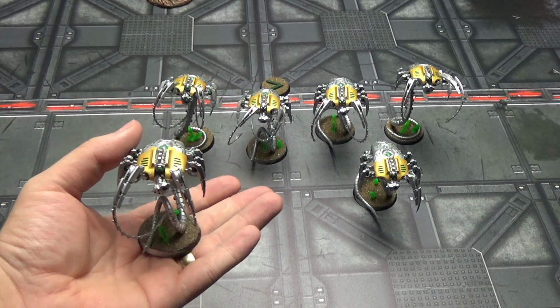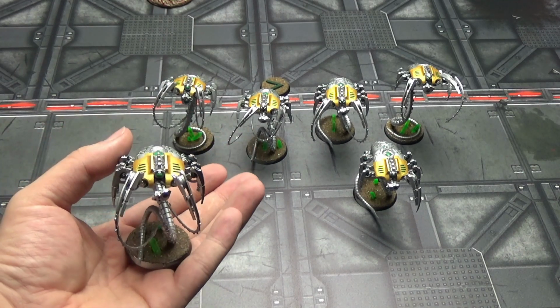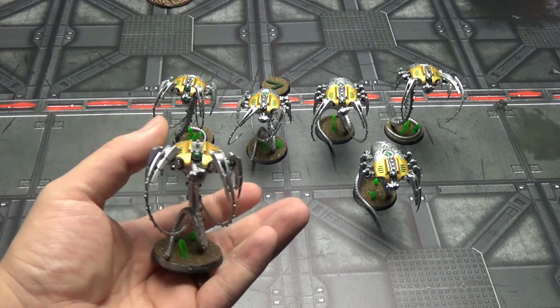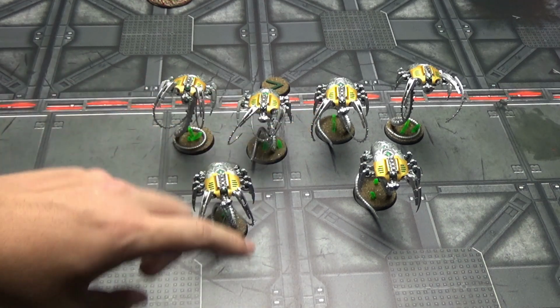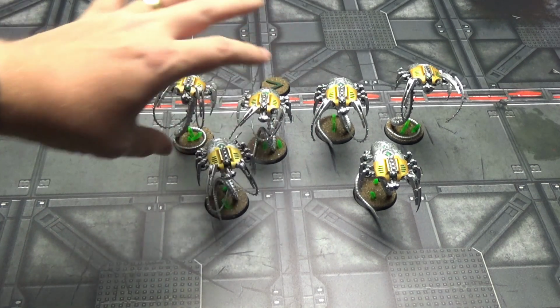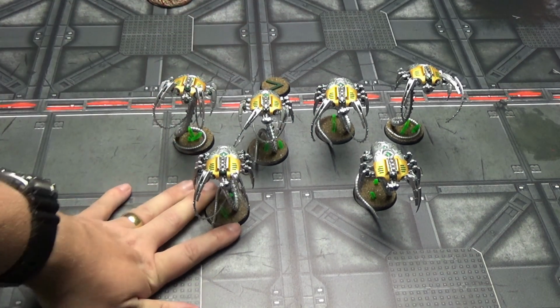These models are arguably the best in the codex because of the less maintenance to get them to work properly. They can be outperformed by Flayed Ones and Lychguard. Yes, I know, Lychguard, the ones I said are the worst in the codex. They still are. You can buff them in a way to make them better than these. Okay, so let's go over a few hints and tips, which I will show you how to use these effectively,